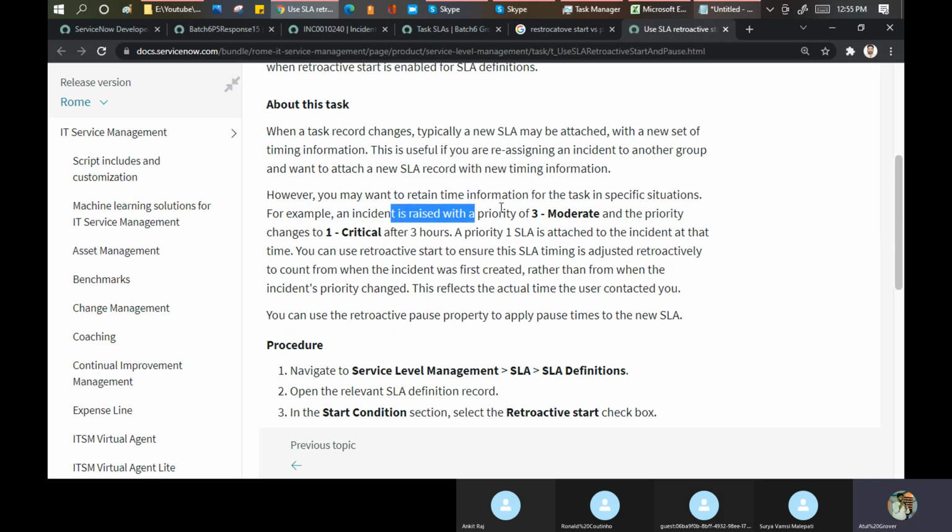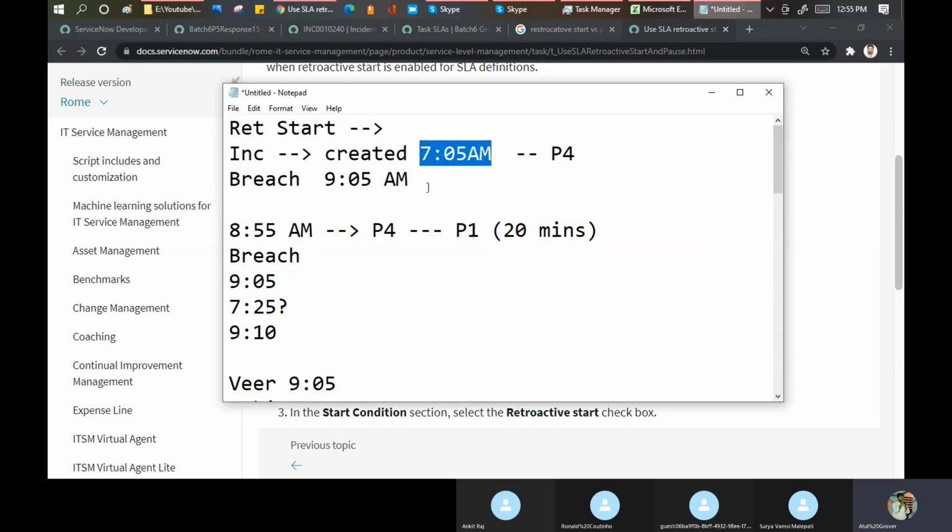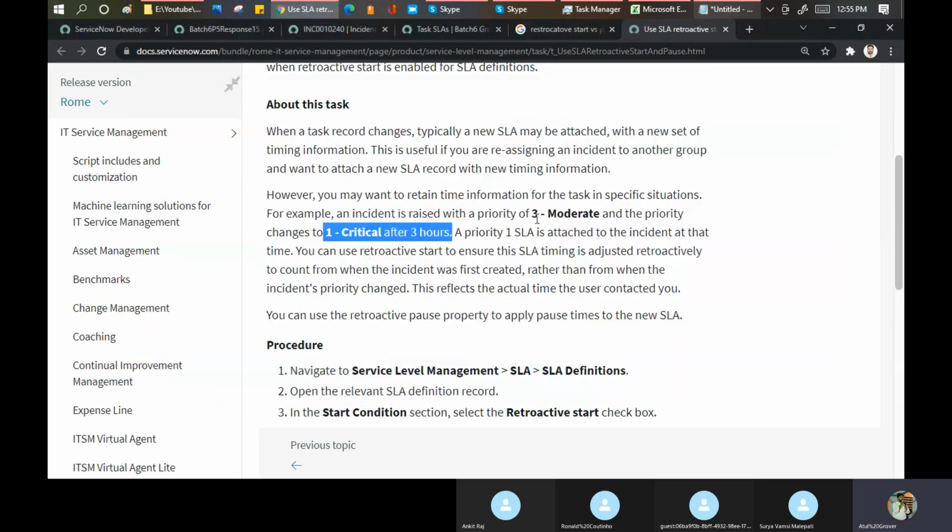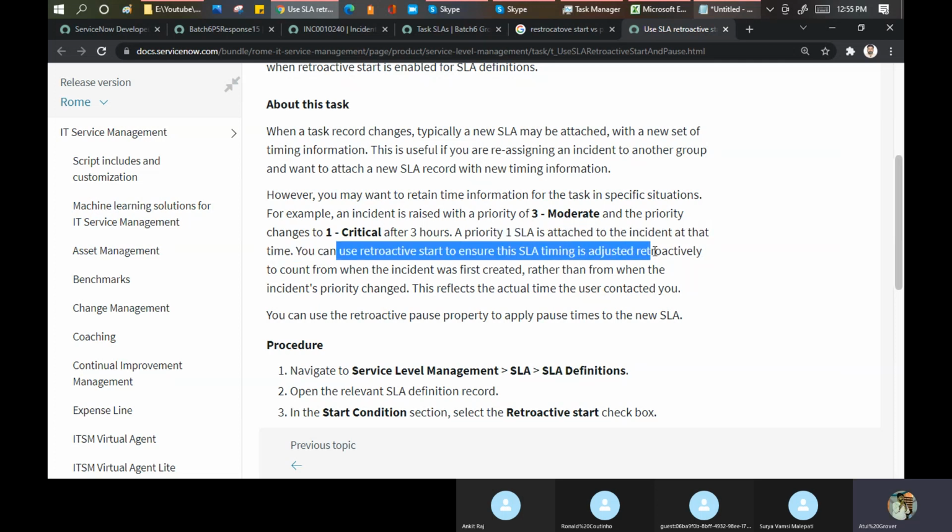Suppose an incident is raised as P3 and the priority has been changed after 3 hours. Same example, it was P4, we made it P1. Okay, now the priority 1 SLA is attached at that time. You can use retroactive start to ensure this SLA will be adjusted.